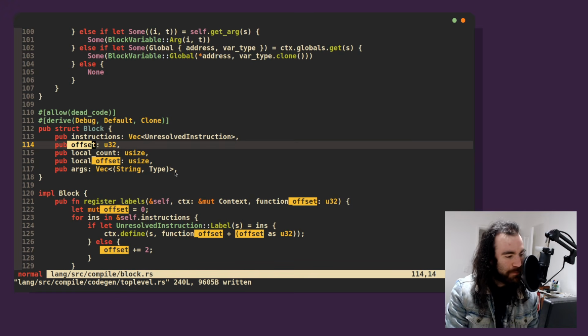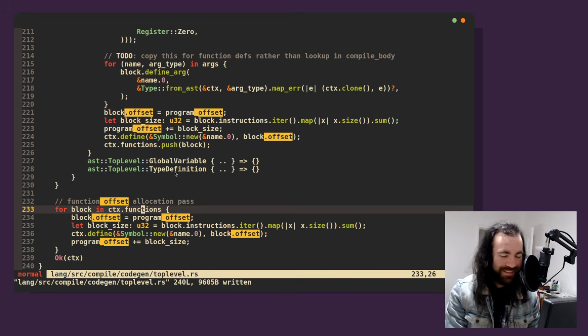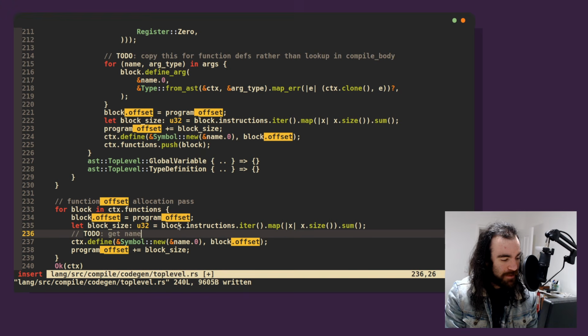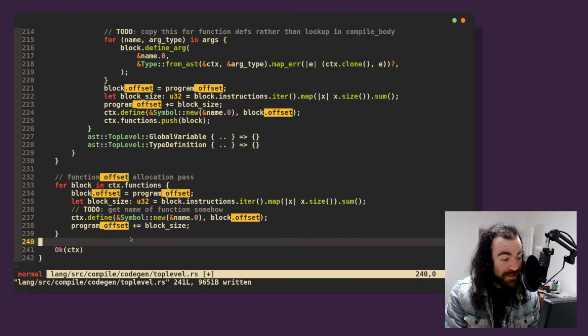block. Now, do we know the name of the function? No. This is a problem. This is the biggest problem. We don't actually know the name of the function. So let's say to do: get name of function somehow. And I might do that off camera. I don't think that's going to be particularly interesting rewiring, but this now means that our functions are in,